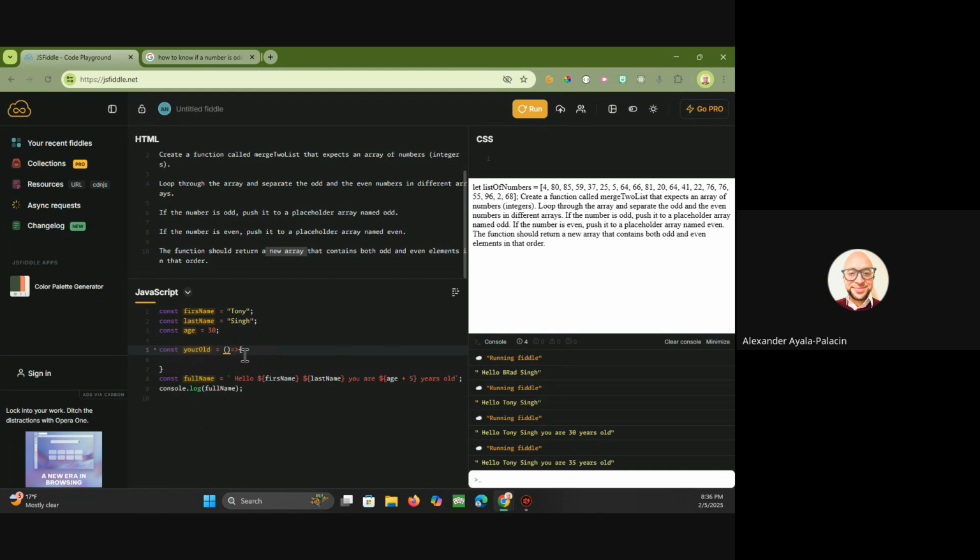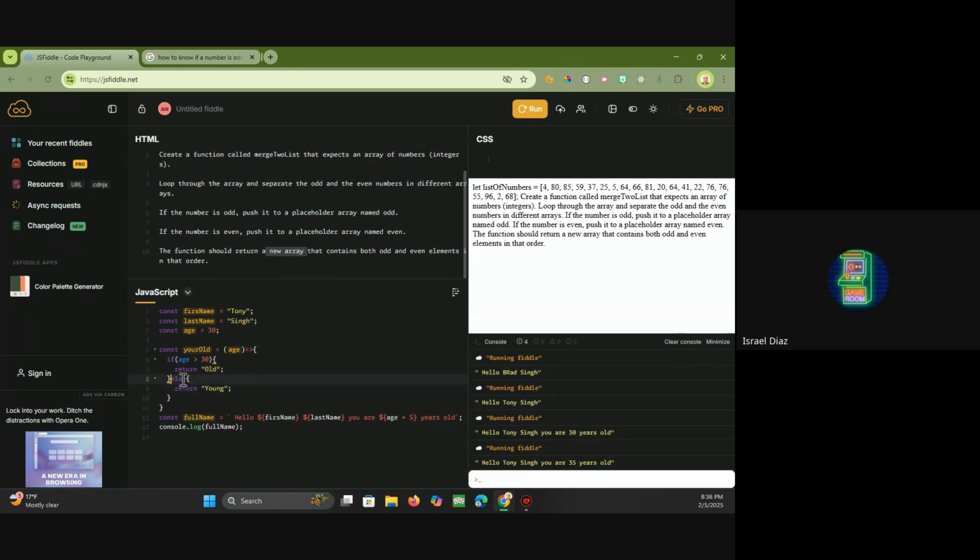And let's say it's expecting an age, and then you can say if age is greater than 30, sure. If age is greater than 30, you're old. I guess I'm old. And then else you're young. And so here, I don't know, I think this should work. So if I do you're old and I pass the age,